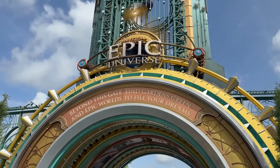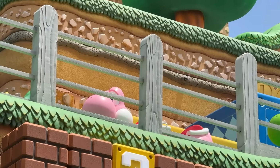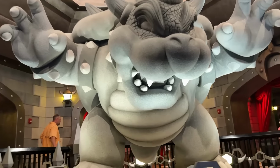Don't have a lot of park time left, and unfortunately, there is still a weather delay, so all of the attractions that are outdoor are currently down, and it doesn't really look like it's going anywhere. The radar doesn't look hopeful. Which means, unfortunately, I don't think I get to try for my pink Yoshi today. But as Alan said, we had a great day. We got to check off everything else off of our list, and